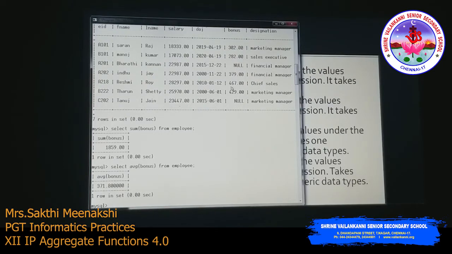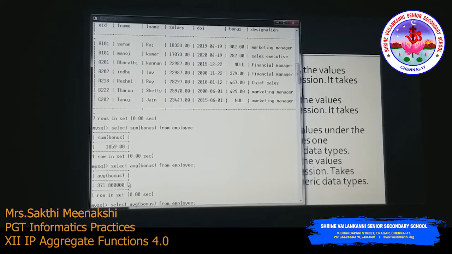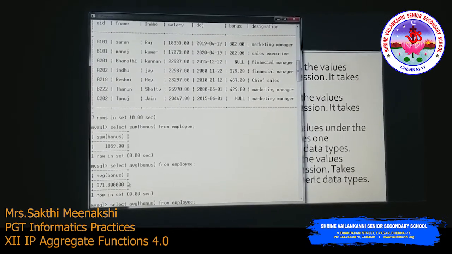So you have to divide the total by 5, not by 7, because we have to omit the null values, right? The sum of these values is 1859. We are going to divide this by the number of values, which is 5 here. So 1859 by 5 gives 371.800. As we know, we have to round it off. We can use the round off function with this.